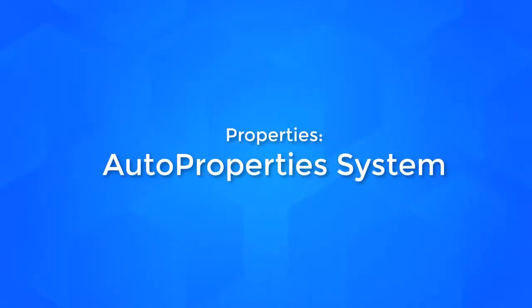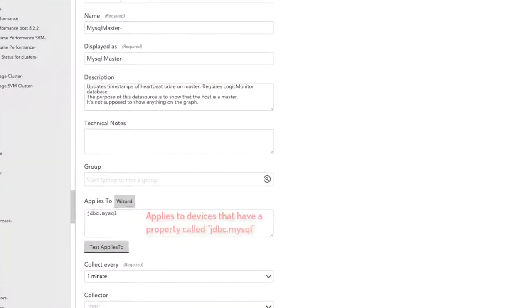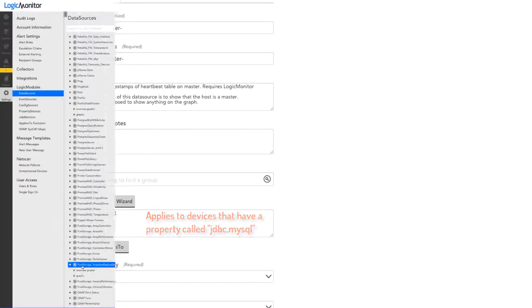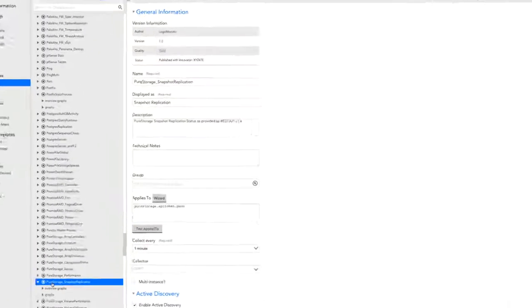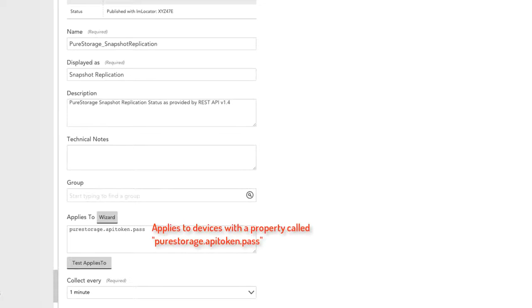A property in LogicMonitor is a key-value pair that stores some piece of information. Properties are a key component of how LogicMonitor works. They're referenced in data source definitions, in alert messages, dashboard widgets, and auto-assignment group criteria. In fact, a device's properties ultimately determine what will be monitored on it, since LogicModules are always applied based